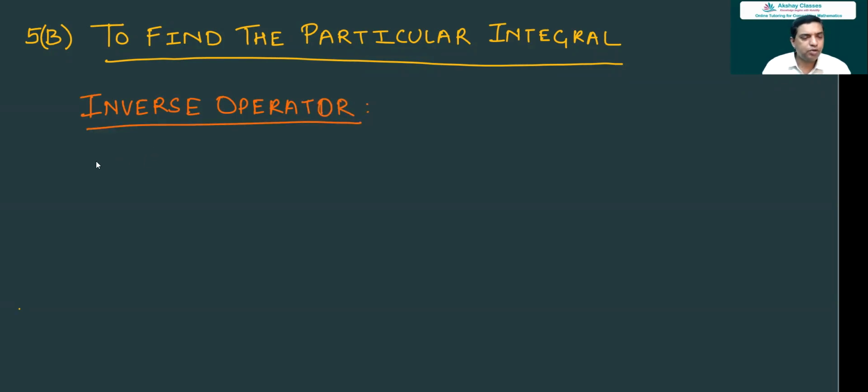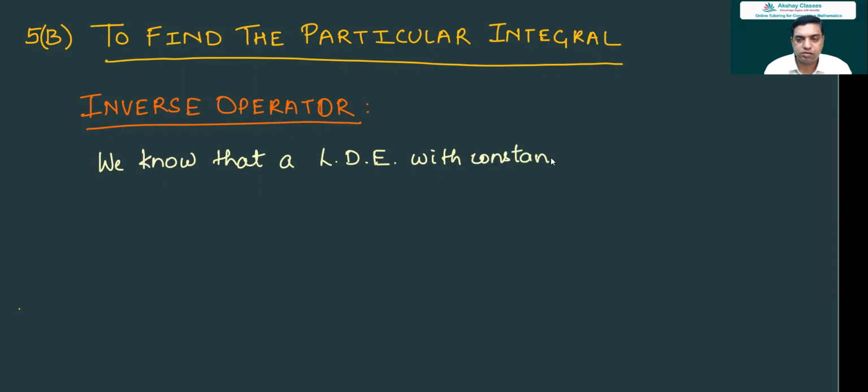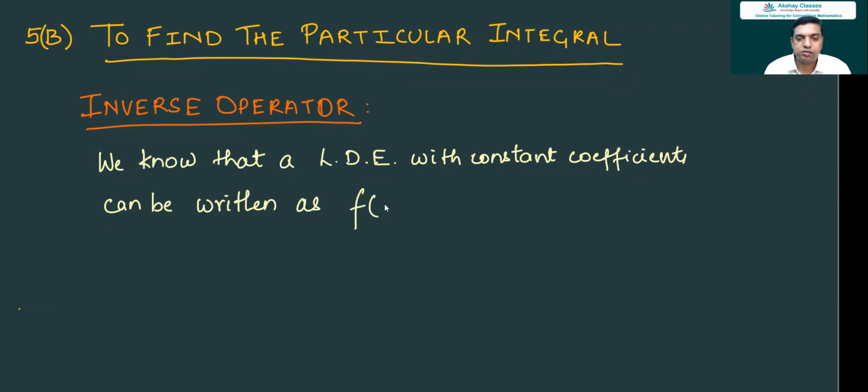So we know that a linear differential equation with constant coefficients can be written as f of D times y is equal to x, where D is the differential operator d by dx, and f of D is a polynomial in the differential operator D. Now the definition is this: when you bring this f of D down,